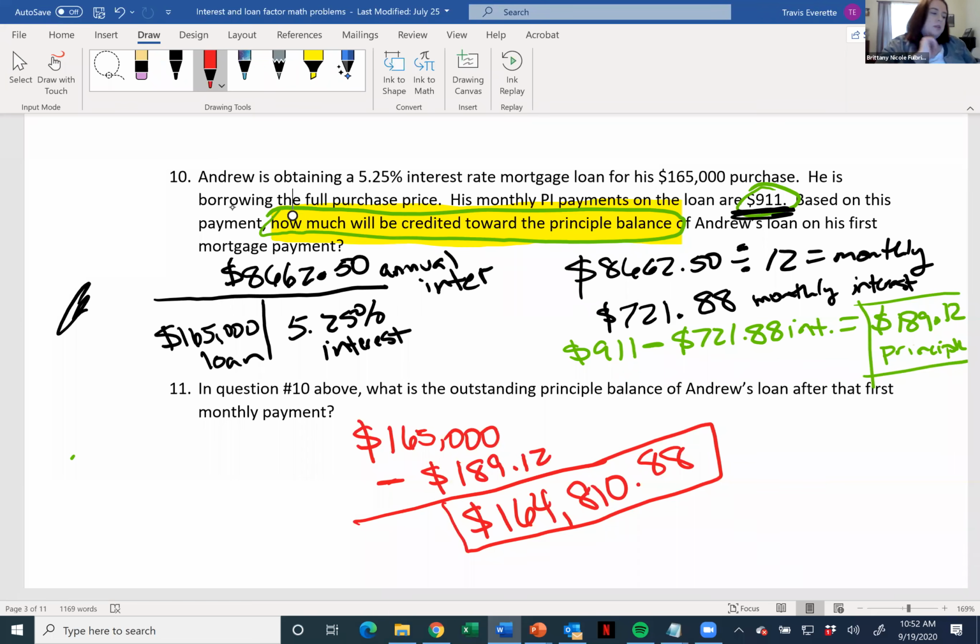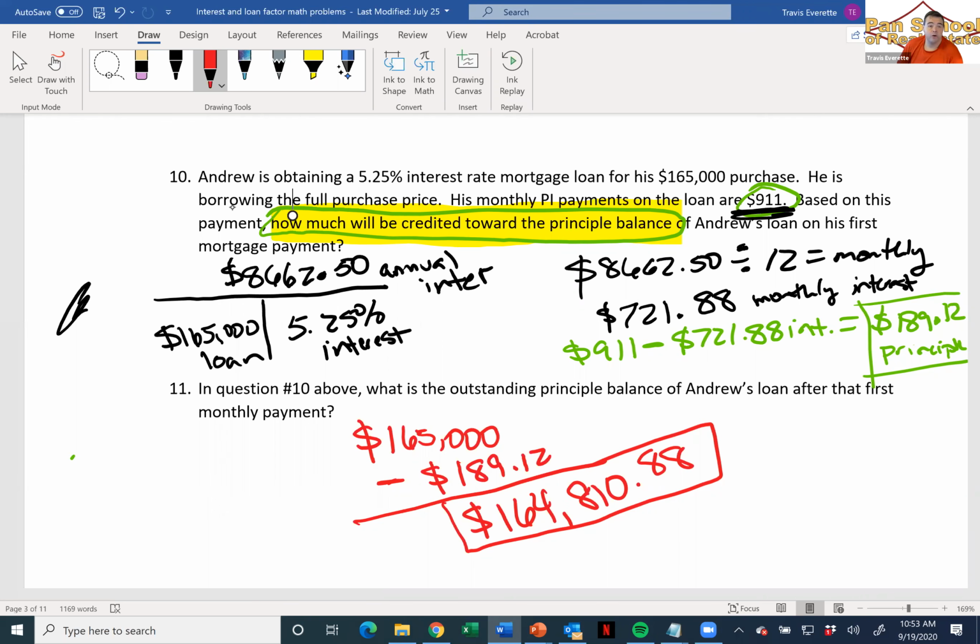Hey Travis, can you, like, I don't need to go over the math portion again, but just the question of number 10, like how you knew the steps. Once I understand how to do the math, I guess the question is how you know what math to do. That's the biggest thing. So you got to find the question first, which is what I highlighted in yellow there. How much will be credited toward the principal balance? Well, how much is credited toward principal is a payment, right? But is it the whole payment? No, it's some small portion of it.